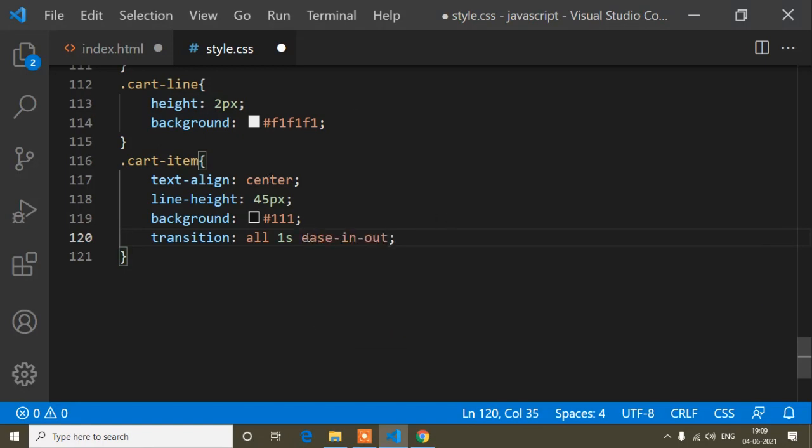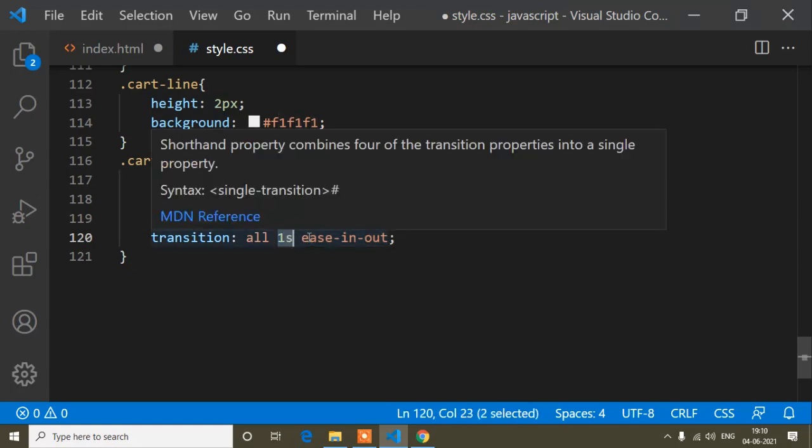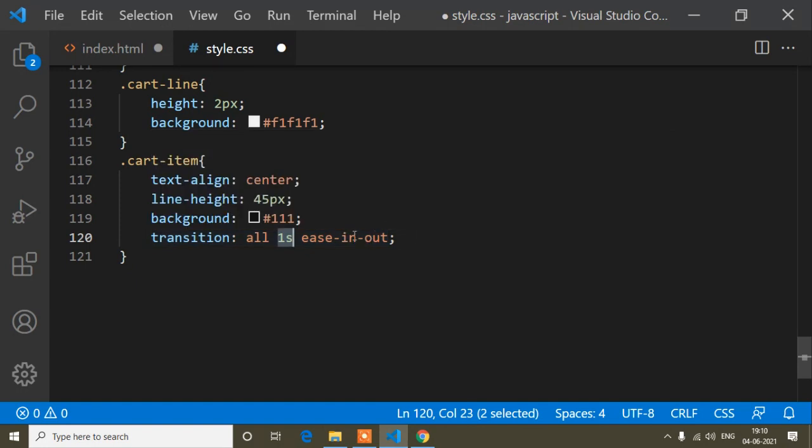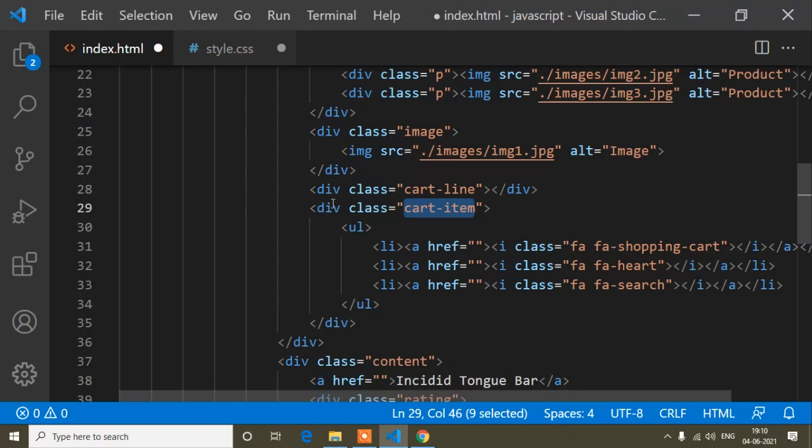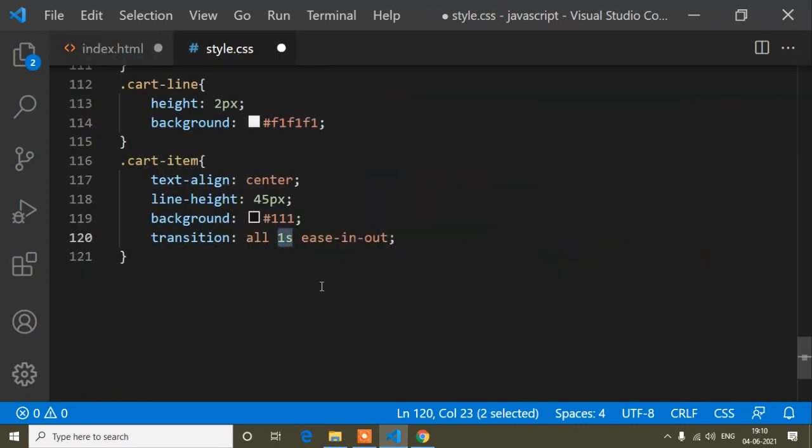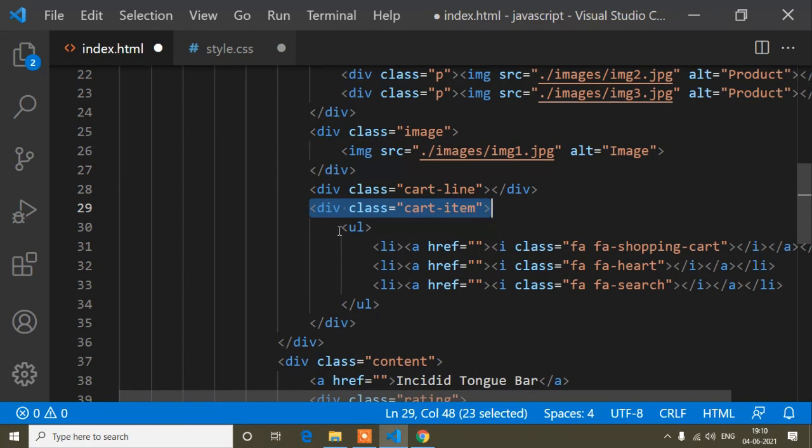Now guys, you are thinking every time I have written ease-in-out. Ease-in-out means the transition will be the same when I hover, and when I hover out, the transition will be the same, like 1 second. So when I go in and when I go out, the transition will be the same. And guys, when I hover the cart, the cart item's black color background, which I had already shown, was animated. That is this one. So I have added the transition here, and now I will add the design for this UL.